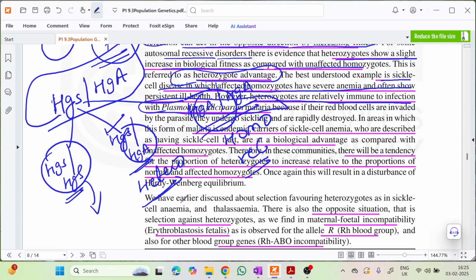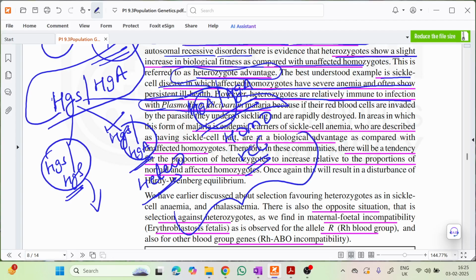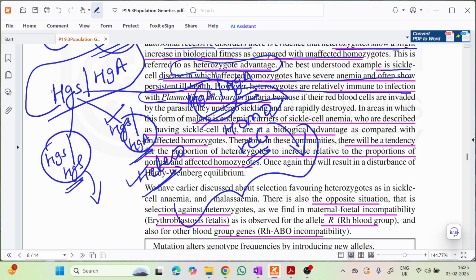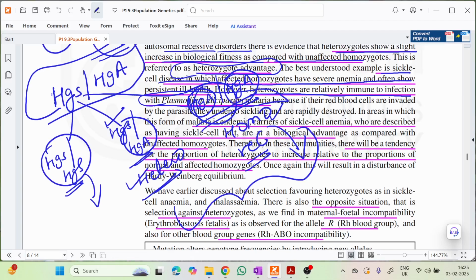Now in the case of malaria, in any area where malaria is endemic, there are two kinds of population of people with two different alleles: the first heterozygous dominant and the second homozygous recessive. In the latter, both alleles are for sickle shape. In that case, the person will suffer from hemolysis, anemia, and ultimately this condition can be lethal, dangerous.